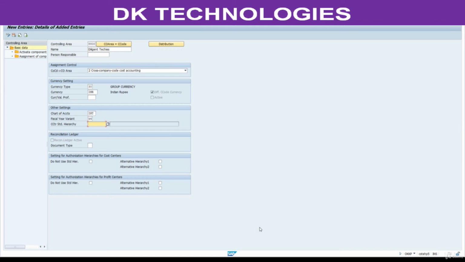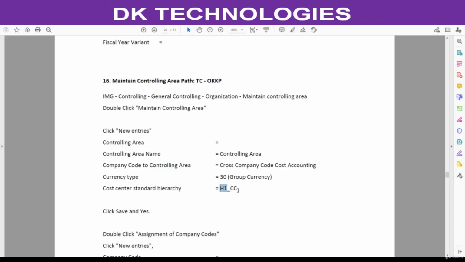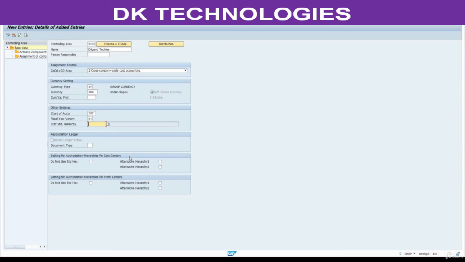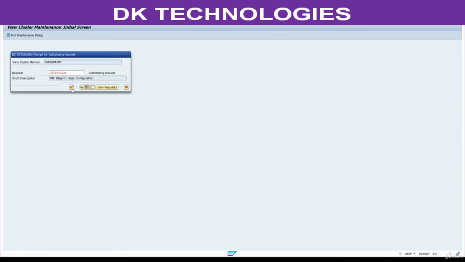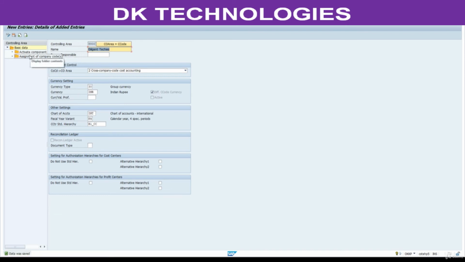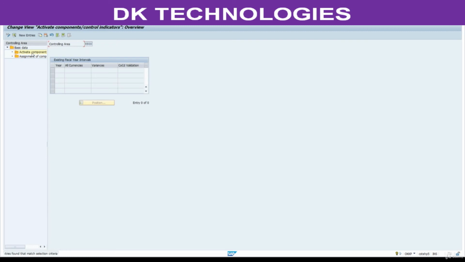Here go to notes, give any, I am giving this, press enter. Save this. Now go to activate components, click on this one, click on new entries.